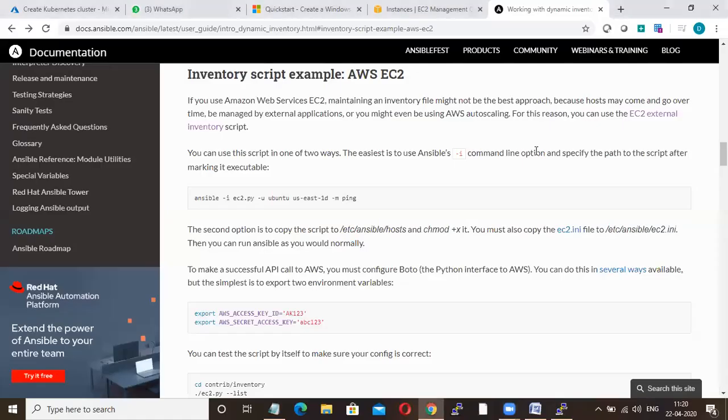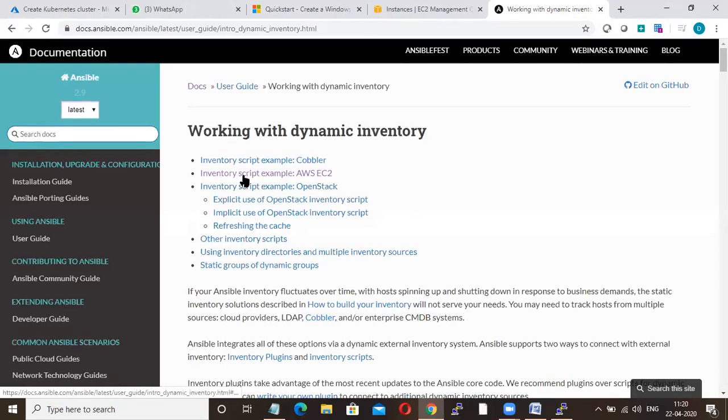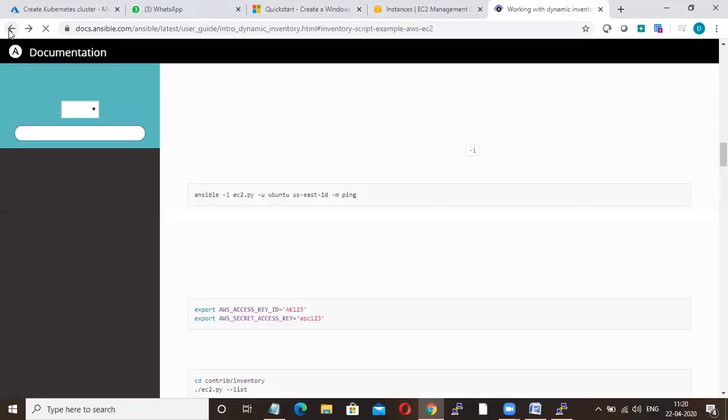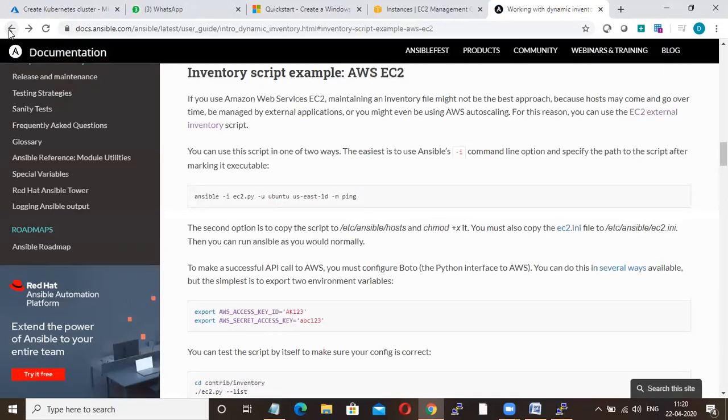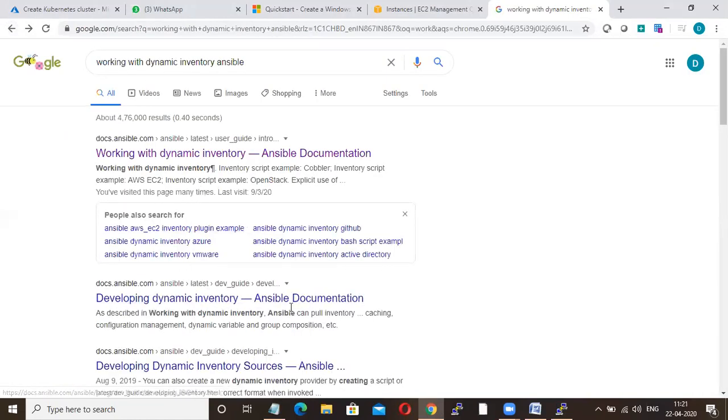Yes, now it's okay. Just go to Google here, working with dynamic inventory Ansible. Okay, go here, AWS EC2. They have changed.